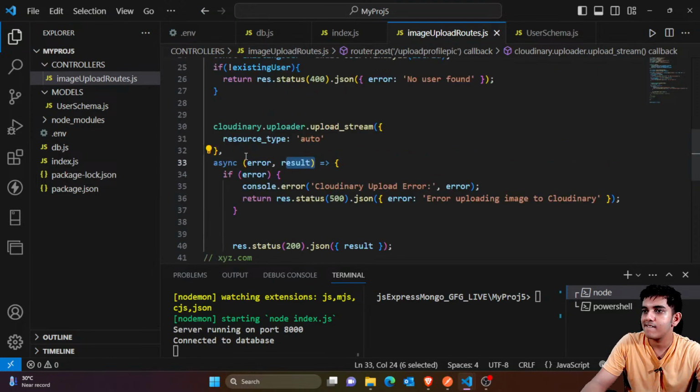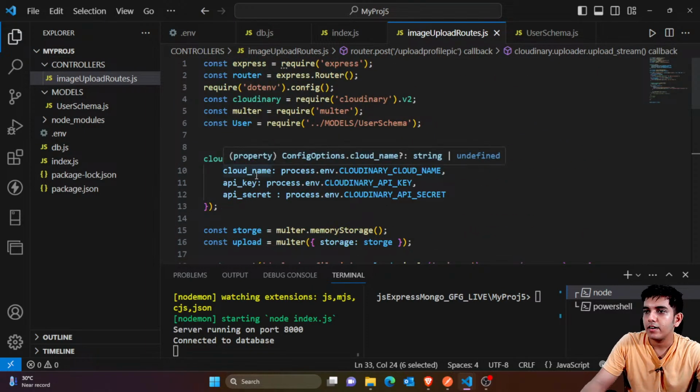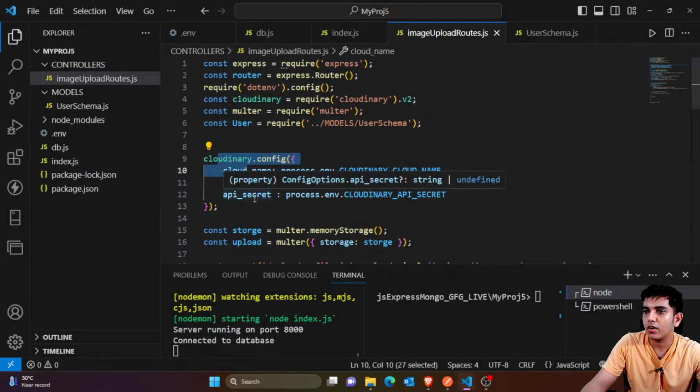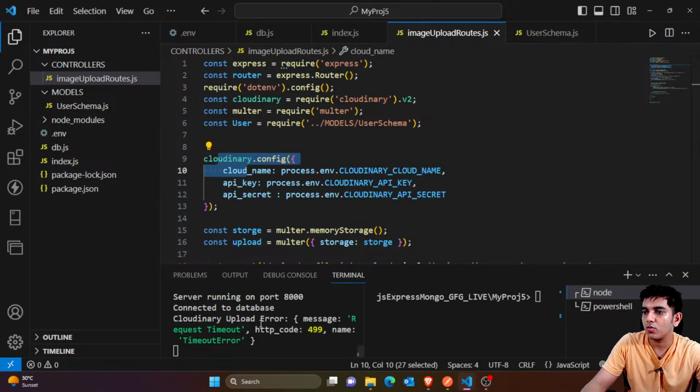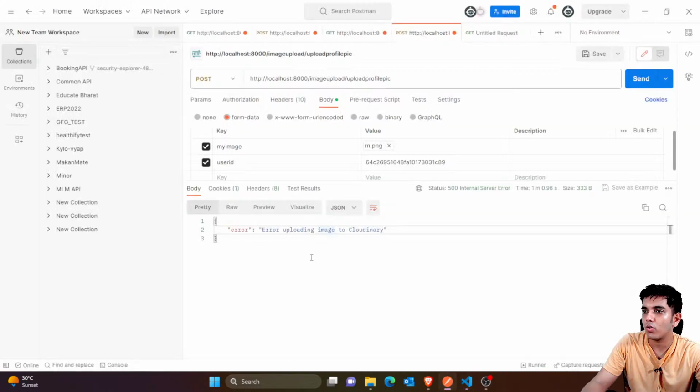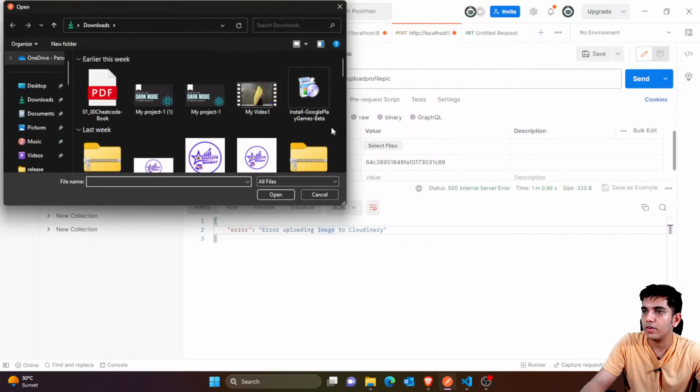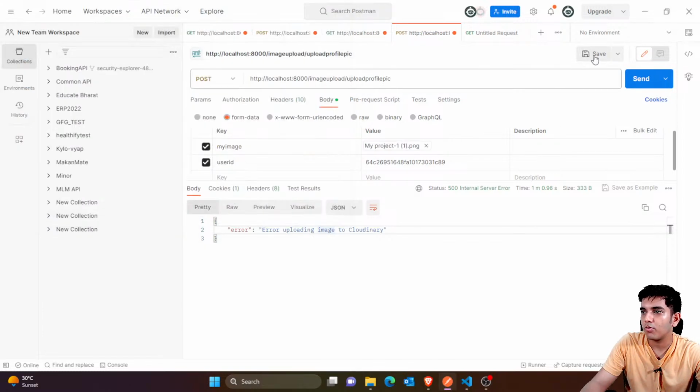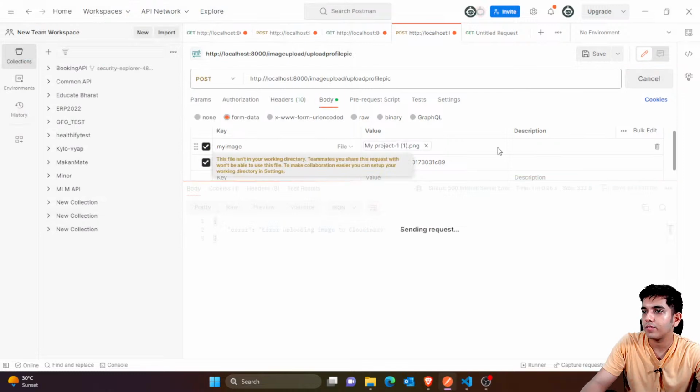Okay, let me just check the name, the config part. So the request has a timeout error. It's actually taking way too long, that's why. So I'll just try to do this with some other image. Maybe it won't take time for other images. So if I click on send,